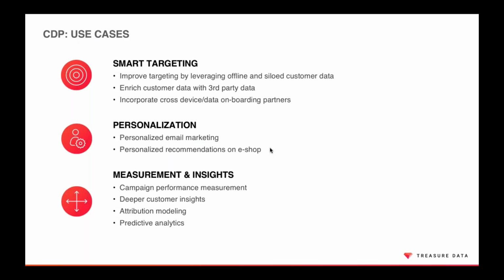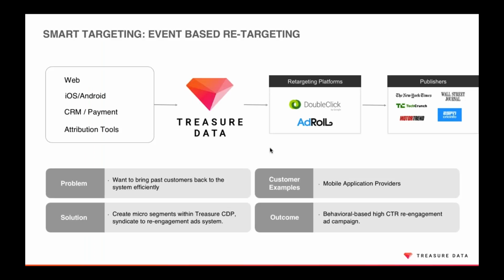Let me walk through the use cases here to say what problems we might solve with predictive scoring. Something that we want to do is event-based retargeting. What that means is, suppose you have a customer history coming in, and at some point you want to create a business rule to say, okay, we want to retarget this person. Maybe they're about to churn or they're about to convert, and you want to set this whole thing up so you can create this application provider. Using Treasure Data, because we are getting the entire customer view, you can retarget them intelligently so that you're not over-targeting them, and you're just targeting them at the right time because you have a view across channels to what's going on.